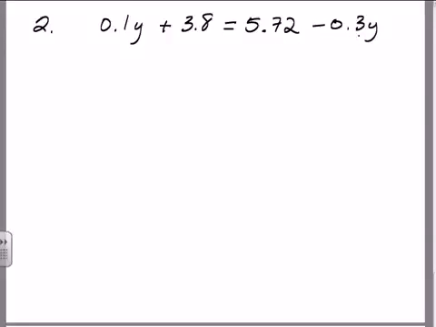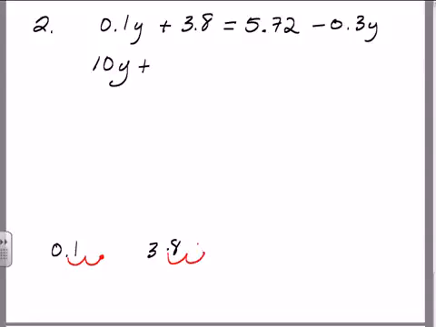So that means we've got to move every decimal over 2 places to get that digit over to the right. So if we move the decimal over 2 places here, let me do that first one for you. Move that decimal over 2 places, 1, 2. It ends up here. Well, we need to put in something here to hold its place, and that's going to be a 0. So we get 10y plus, move that decimal over 2 places, 3.8,